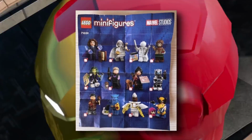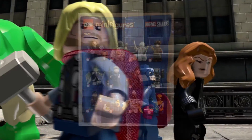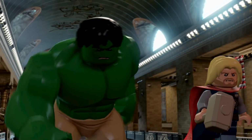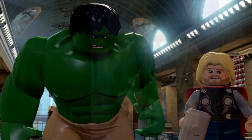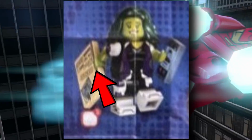In fact, many people have now continuously said that that's Gambit. No, that is the Werewolf by Night. Next, we have everyone's favorite, and that would be She-Hulk. Now, She-Hulk will come along with 2 different ad plates for the law firm at which she works